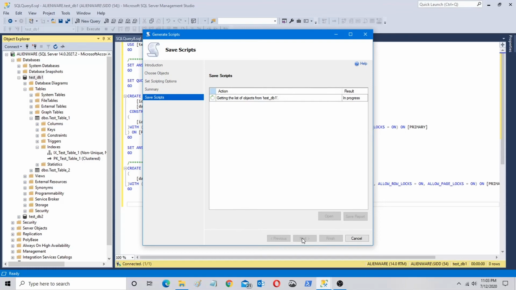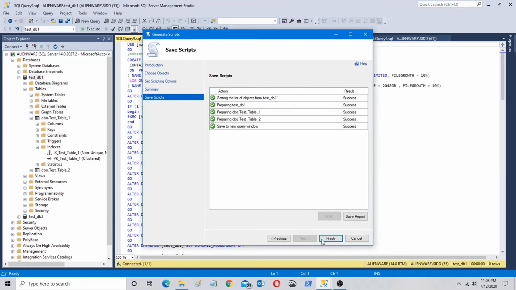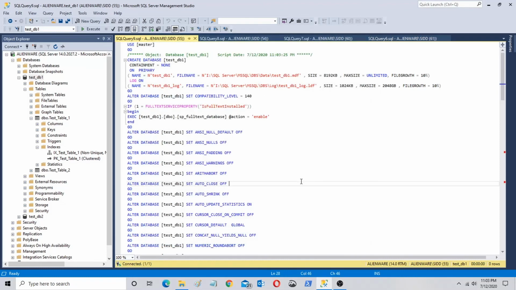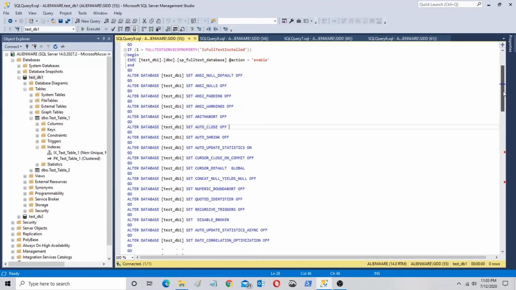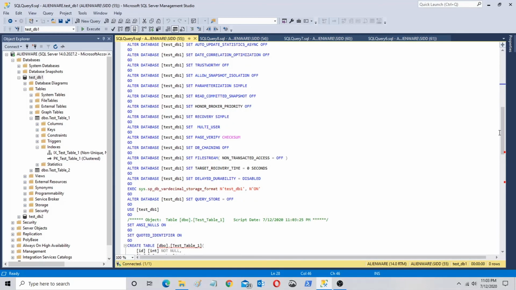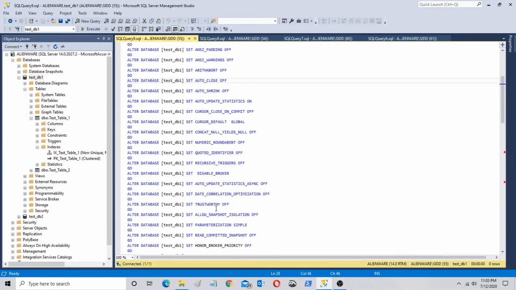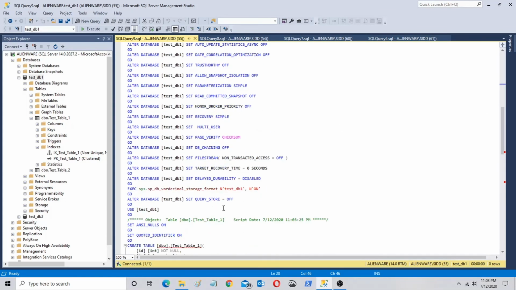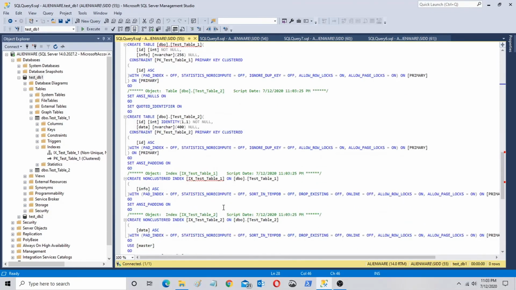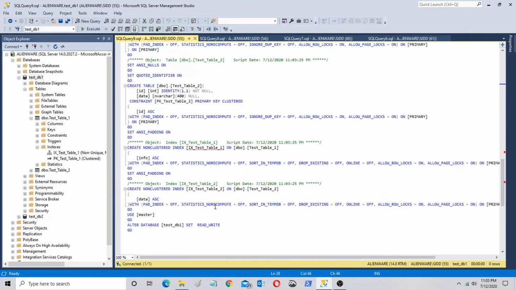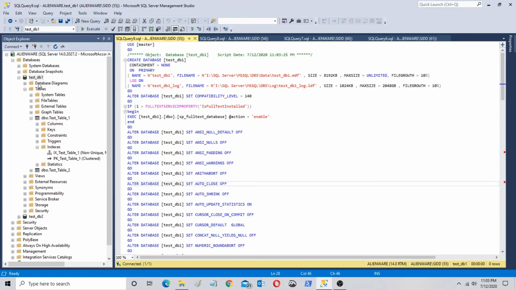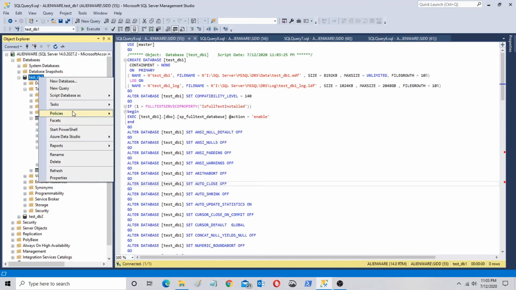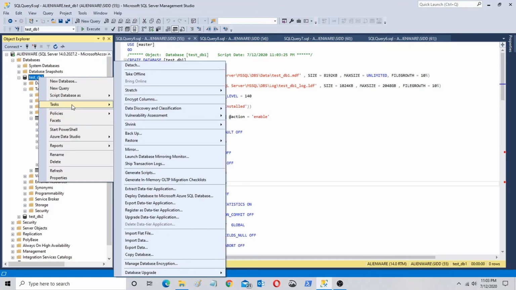So let's suppose I'm generating it, this is how my database looks like. All right, so these are the options which were set by default. If you want, you can change anything here, right? And these are my tables along with their indexes defined on them. Whatever option you set while generating a script through the generate script wizard is a kind of temporary setting, so it is not saved permanently and you have to set it each time.